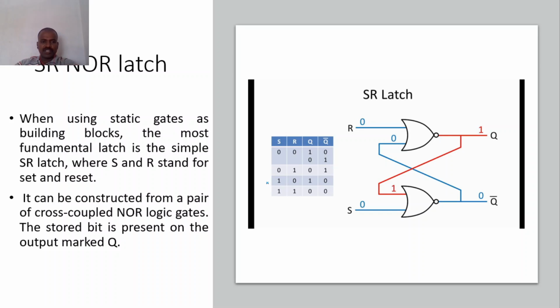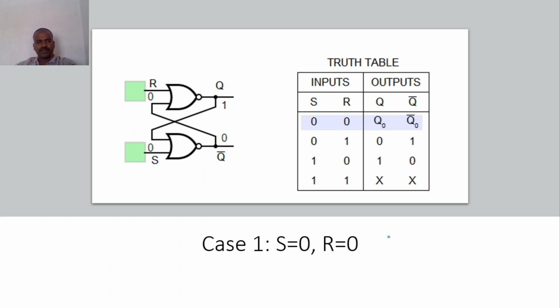It's the same procedure, only we are replacing the NAND gates with NOR gates. Okay, and you guys just remember the NOR gate truth table. Okay, let me move to case number 1. S is equal to 0, R is equal to 0. So here I am going to take this as 0 and this is 0. First of all, here I am going to consider this 0 1. Okay, now this 1 will come here. So this is 0 and this is 1. 0 1 in NOR gate it is 0. Am I right?